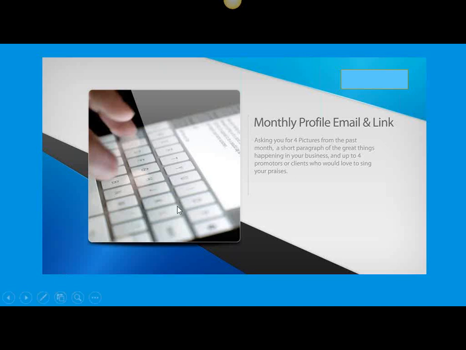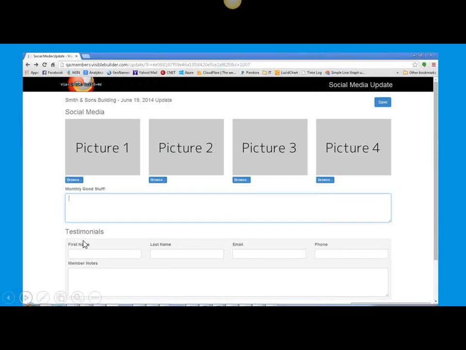And I'll go through how that happens. You will receive an email that looks just like this, where you go to the link and you can put up a picture or pictures. You can write in a paragraph or 5 paragraphs or 10 paragraphs of the monthly stuff that you're doing. And then there's the field where the testimonials go in.